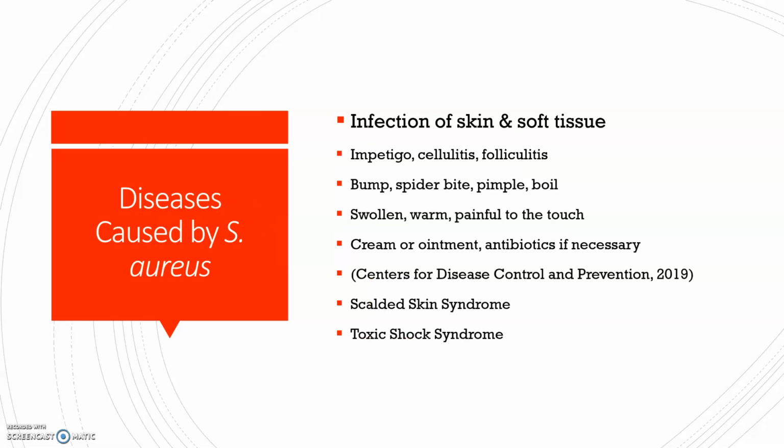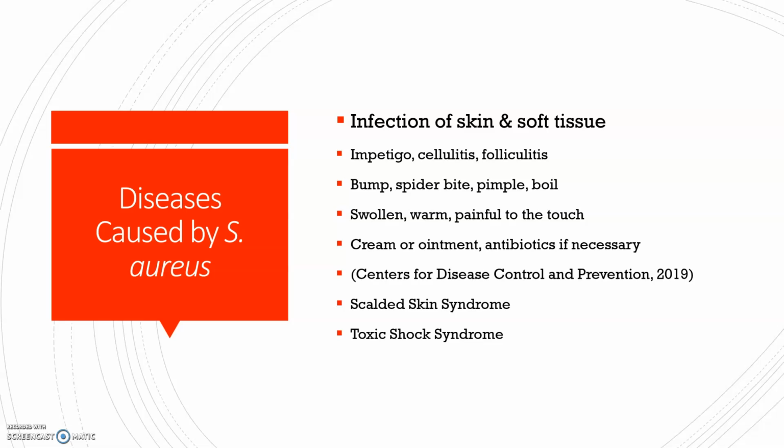Some diseases that are caused by S. aureus are infections of the skin and soft tissue, things like impetigo, cellulitis, folliculitis, and these maybe start out as a bump or something that looks like a spider bite, a pimple, or a boil. And they can be swollen, warm, or even painful to the touch. And these aren't super serious. They don't start out that way. And if you have prompt treatment with cream or ointment or maybe antibiotics if it's progressed a little further,